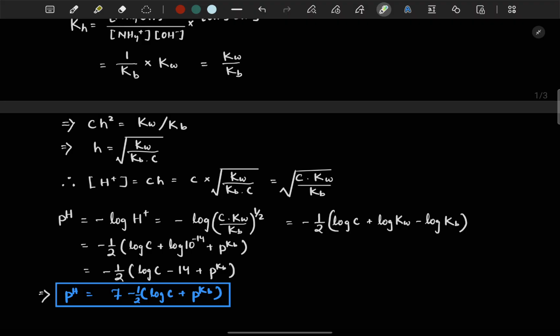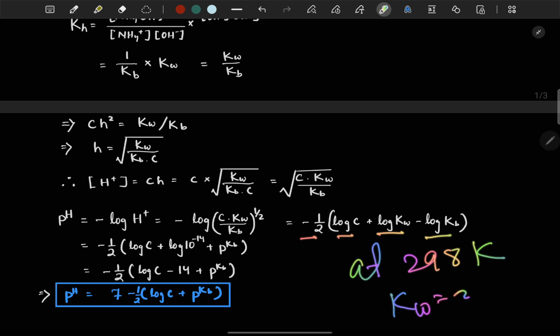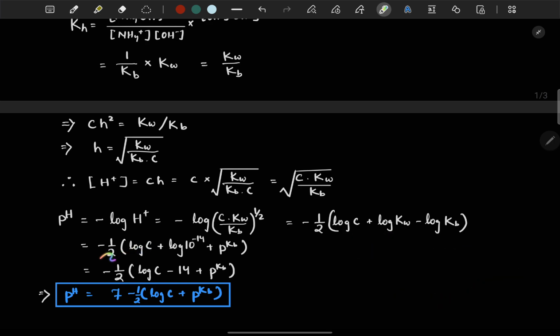And we know pH is the negative logarithm of H plus ion, which will be negative logarithm of square root of C into Kw divided by Kb. So it will be minus half of log C plus log Kw minus log Kb, and we all know at 298 Kelvin the value of Kw is equal to 10 to the power minus 14. So it will be minus half of log C plus log 10 to the minus 14, and this is